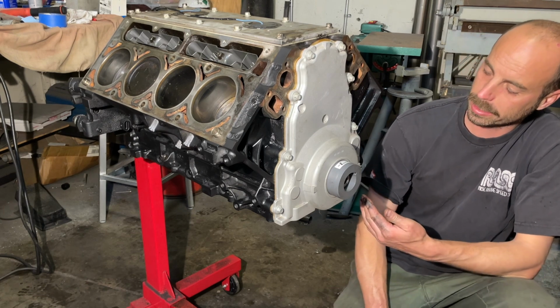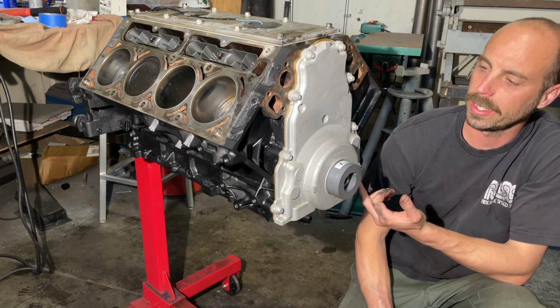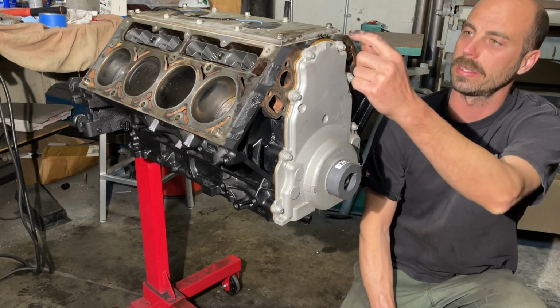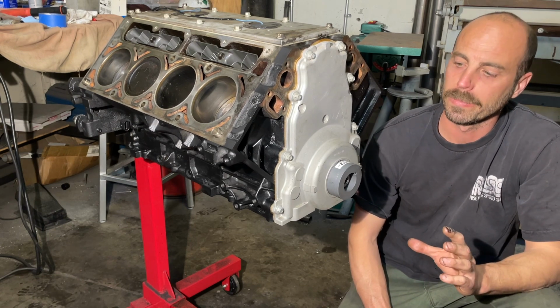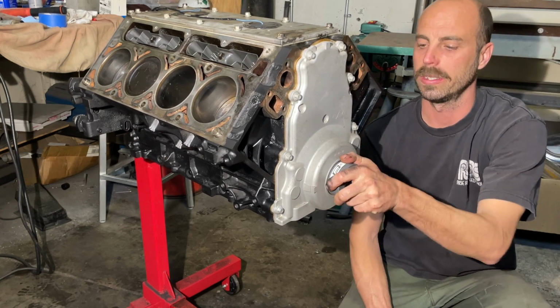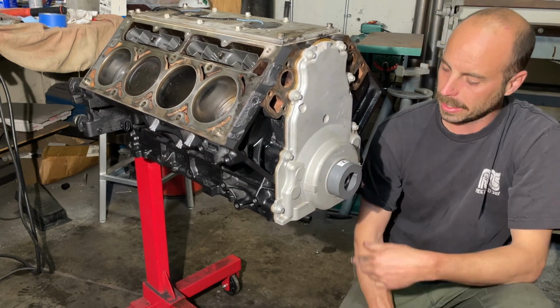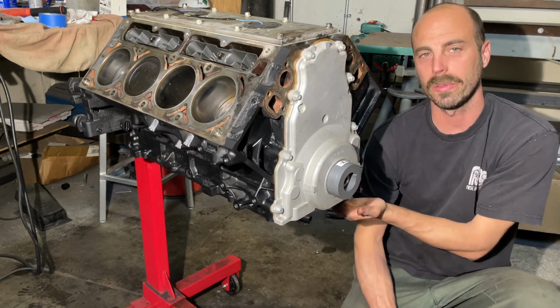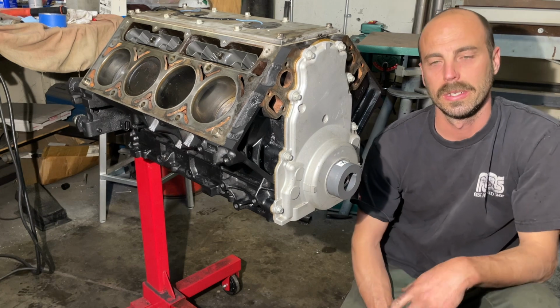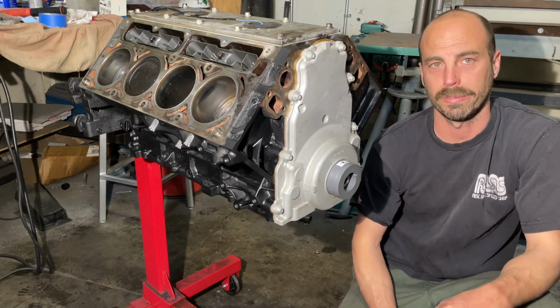You saw me check the bottom edge here with a straight edge, because these holes actually have a bunch of play in them, as well as this tool right here. This actually centers it on the crankshaft. And then I always check to make sure that the cover and the bottom of the block are on the same plane, because you can actually put it on there cockeyed, and that's just a recipe for oil leaks. So